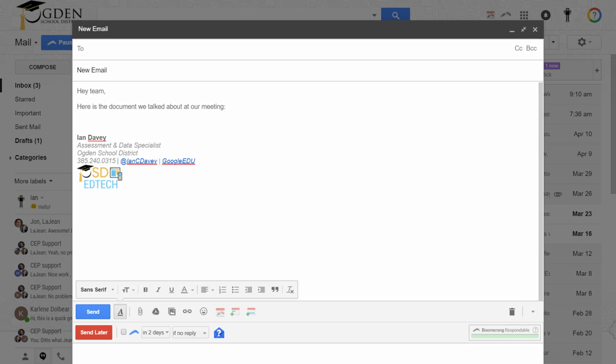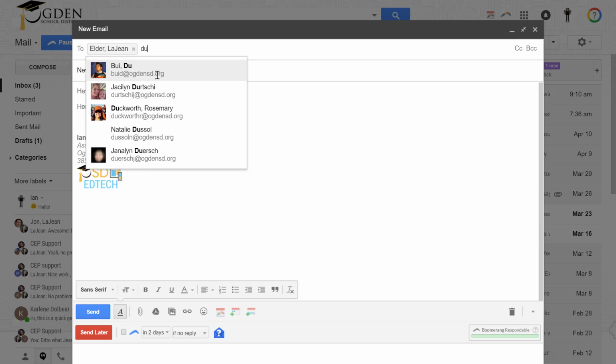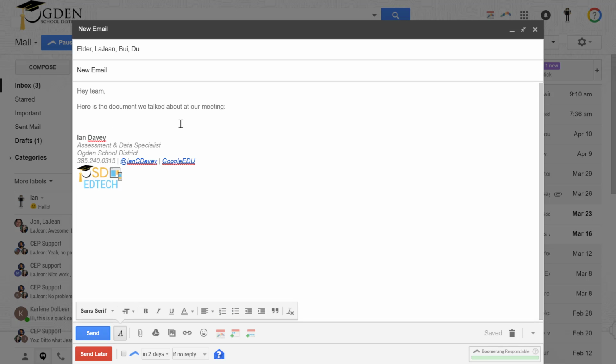As many of you know, when you send an email and you attach a Drive file, Gmail automatically checks the availability of that file to make sure that it's shared with the appropriate people. So for example, if I send an email to my team and I'm going to include a file in that, one of the things that it will do is automatically check that file to see if it's been shared with, in this case, Jeannie and Do, since that's who I'm